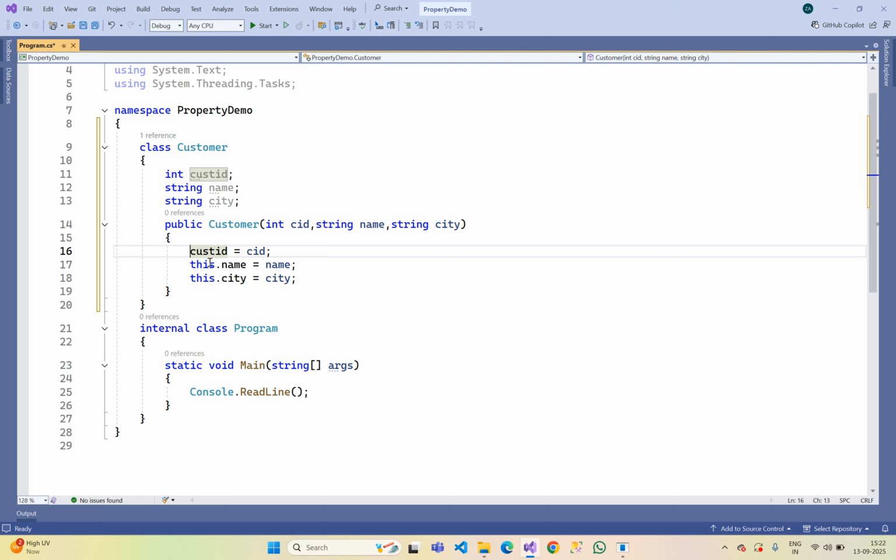Why here I have used this and here not used? You can use this here also, no problem. Here, name is the constructor parameter name, of string type, and also the field variable of the Customer class. We have a Customer class, and in it we have a field that is name, of string type, and we also declare a parameter name. So this name and this name conflict with each other. That's why I have used this